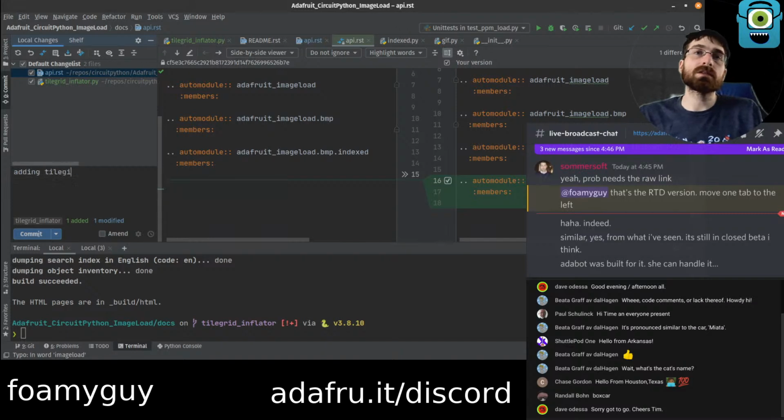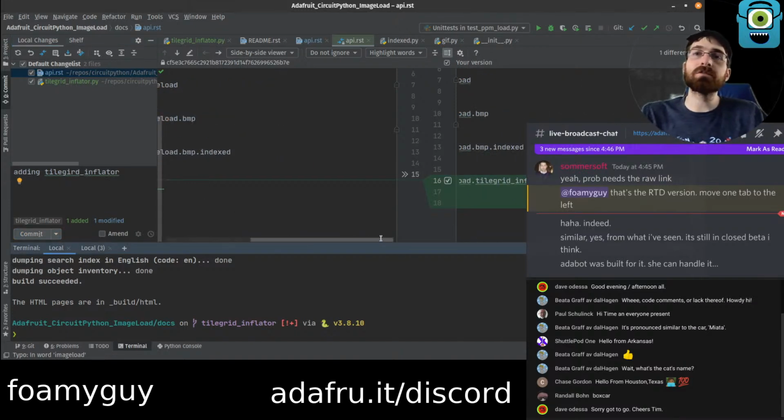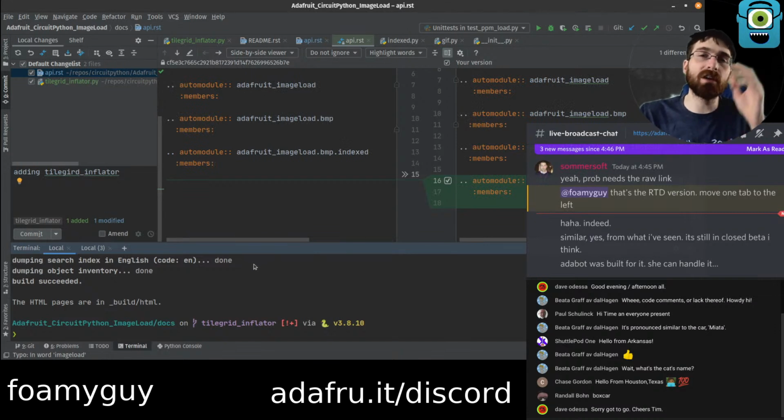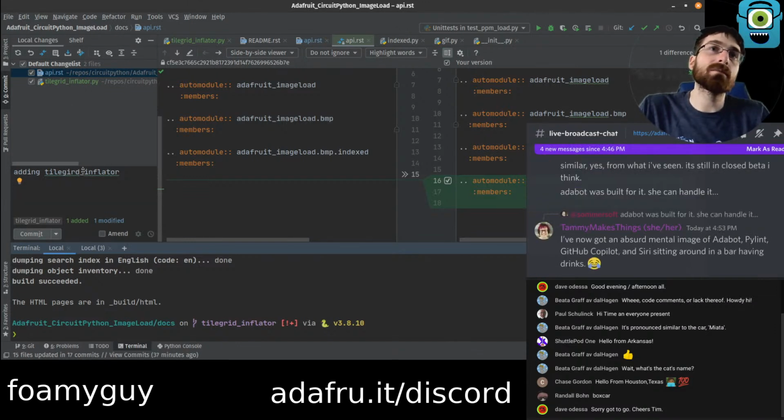Adding tile grid later. We should probably also have an example for it, truthfully. I think what I'll do is make the PR and just make it draft or something, because I do want to go work on the button class, but I wanted to at least give this a home somewhere to start, so that when I write the button class, I can reference it from where it's hopefully going to end up.